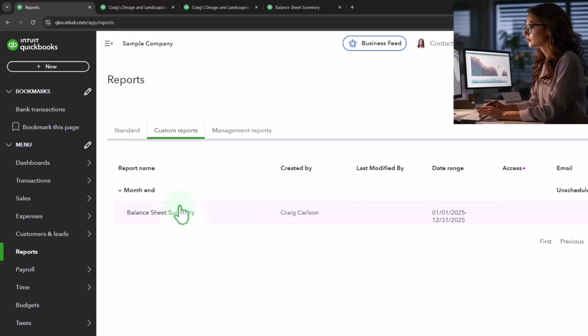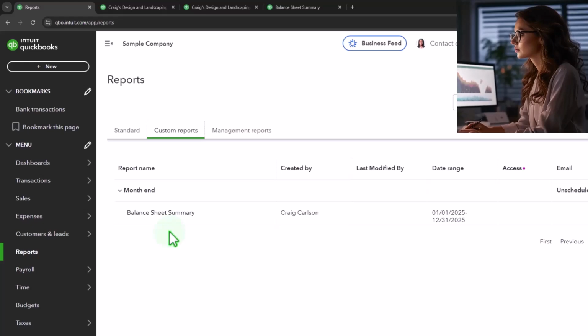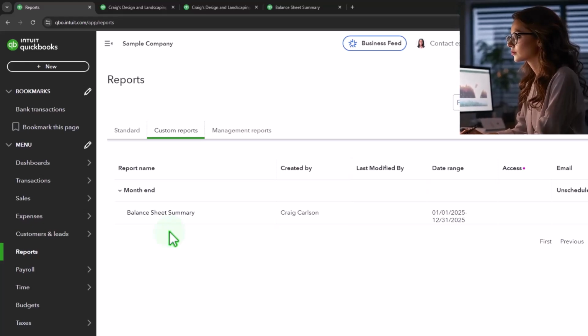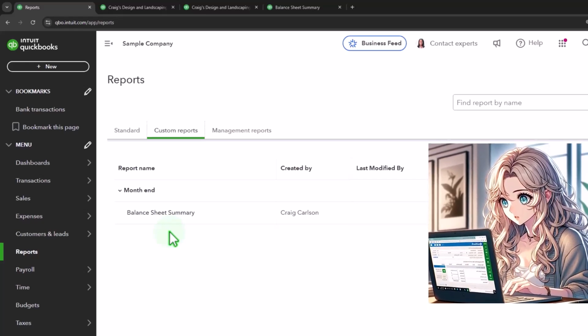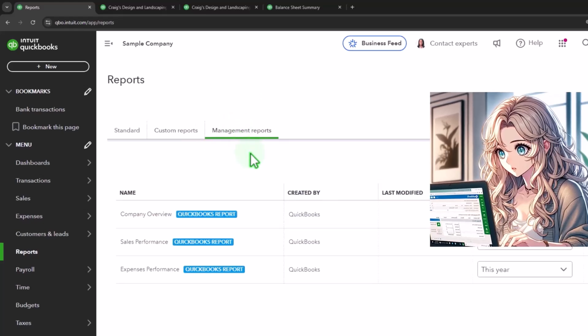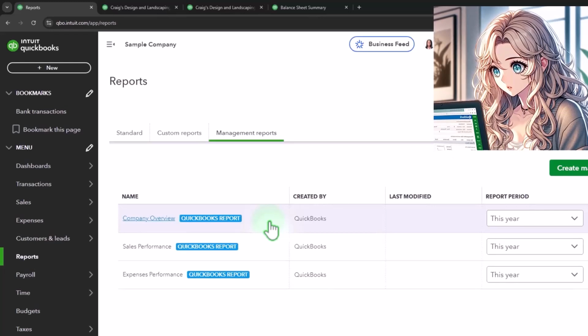So what I might recommend doing, what we might do in future presentations, is to possibly even number the reports to put them in order under month end reports, so that I can just open up the reports that I need to be generating at the end of each month, end of each quarter, end of each year, and generate them and then group them together in a format that I can provide to the customer or client, which might mean that I export them or print them as a PDF file, group them into a zipped file at least, instead of emailing them as 10 different attachments, or possibly I group them together using the management reports, which gives you a little bit clean look, but not a whole lot of flexibility,